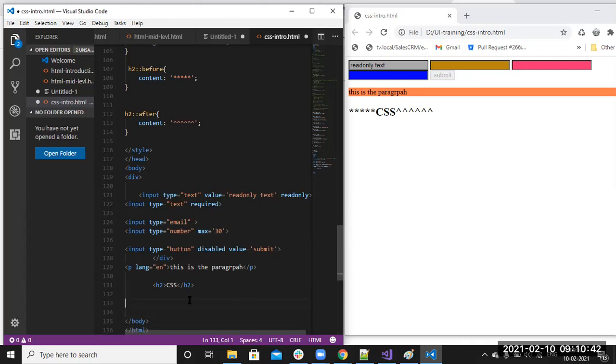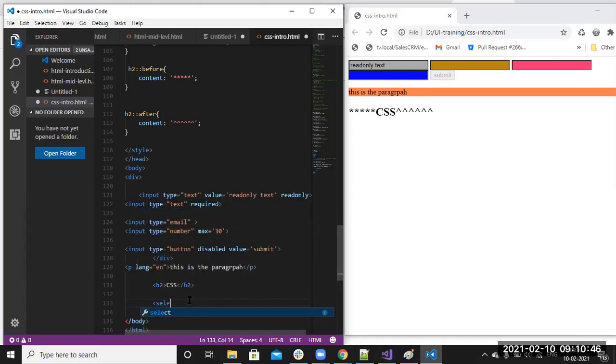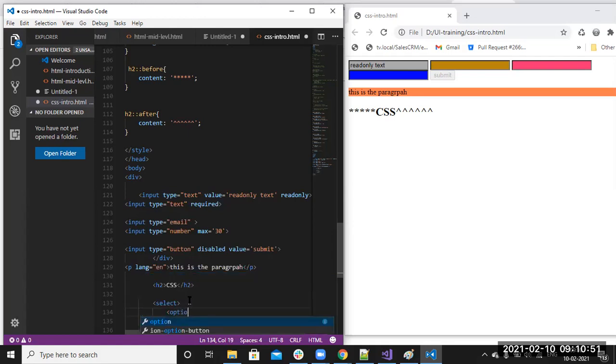Yes. The real time example is one select. Inside that select, we will write an option like this. But if you are writing any image inside this option, this is wrong actually.